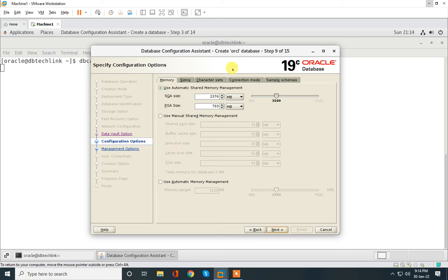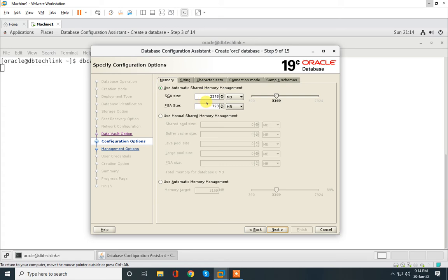And in the ninth step, Oracle is asking for memory, right? For the Oracle instance. When the Oracle database runs, it also occupies some memory in your RAM, and that area is called the Oracle instance, right?